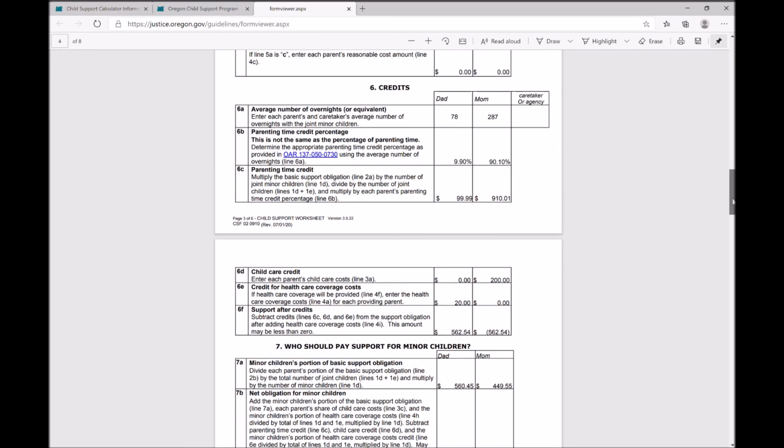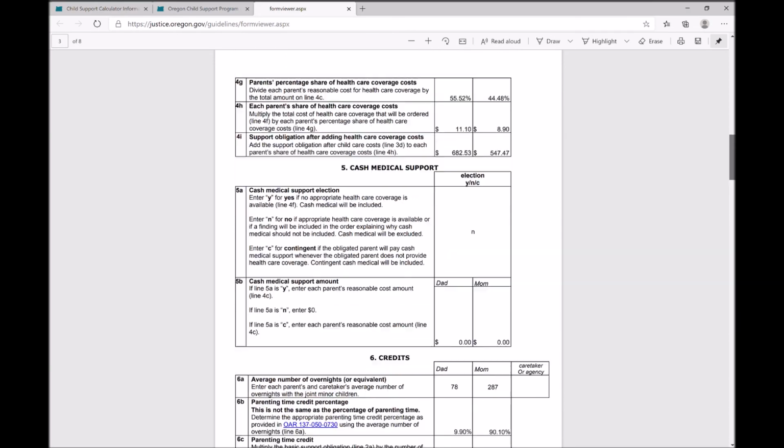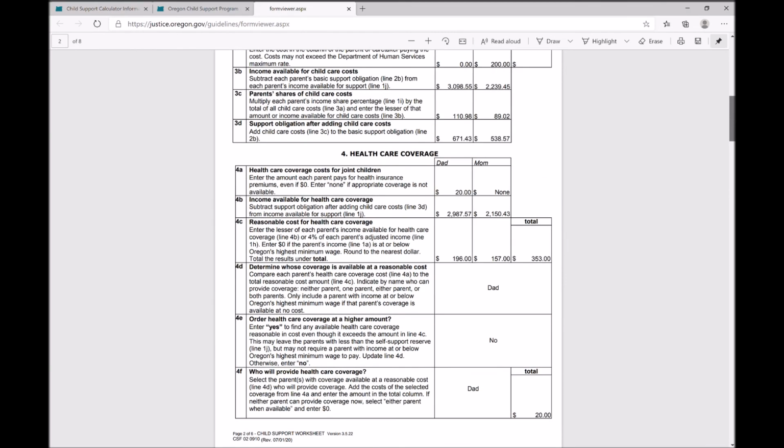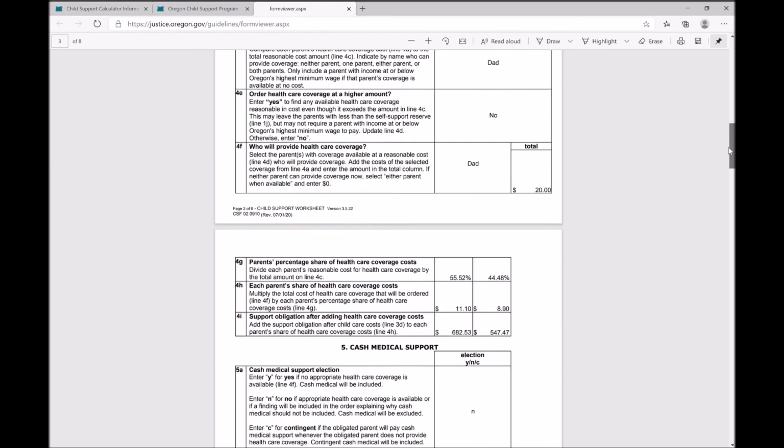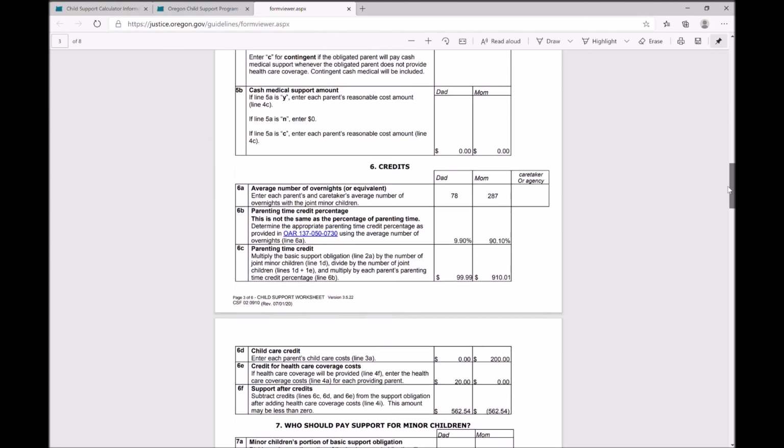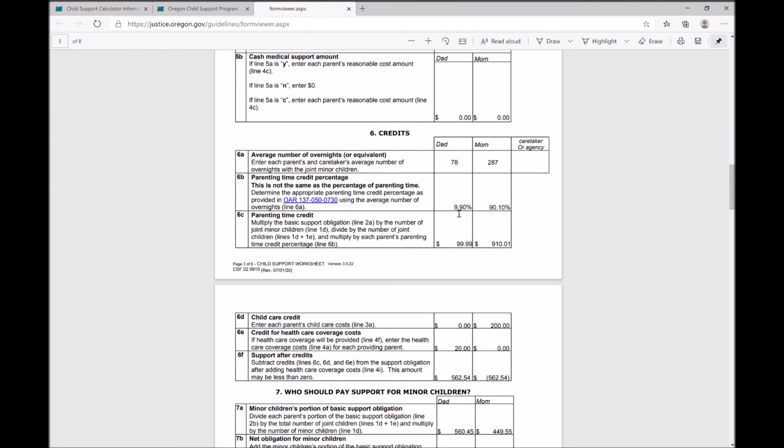Remember, the basic obligation was 1010, which was here, and this 1010 is now being split between the parents based on how much time the child lives with each. So basically what this is asserting is that because the child lives 9.9% of the year with the father, and because it is expected that